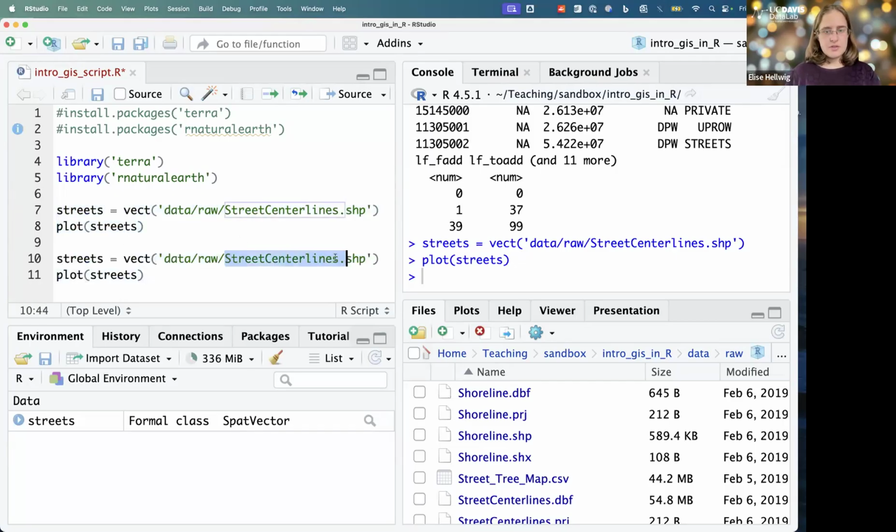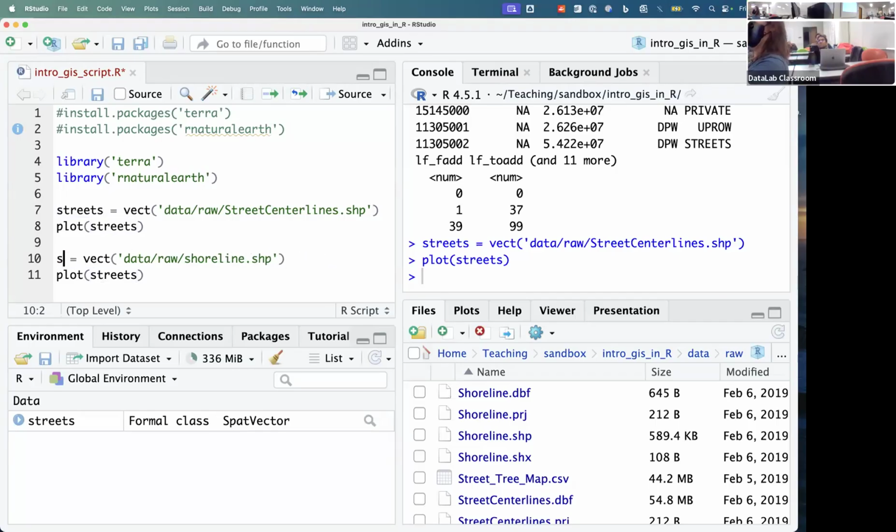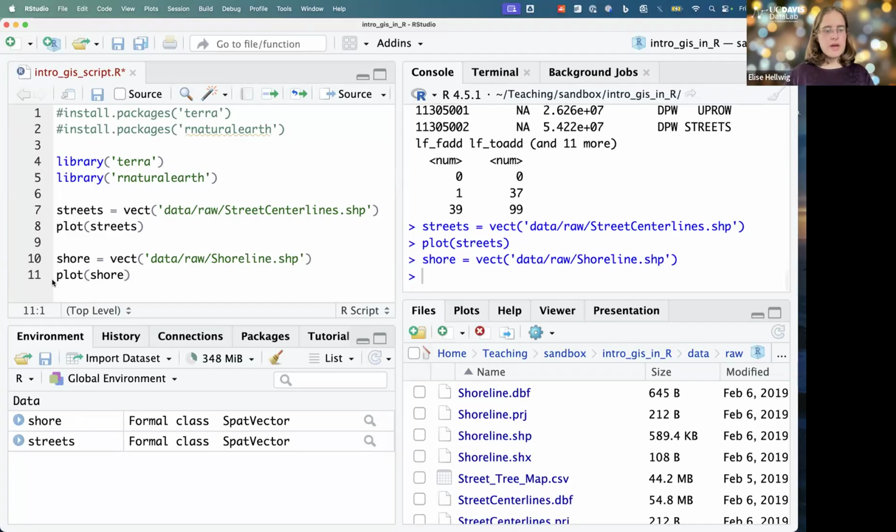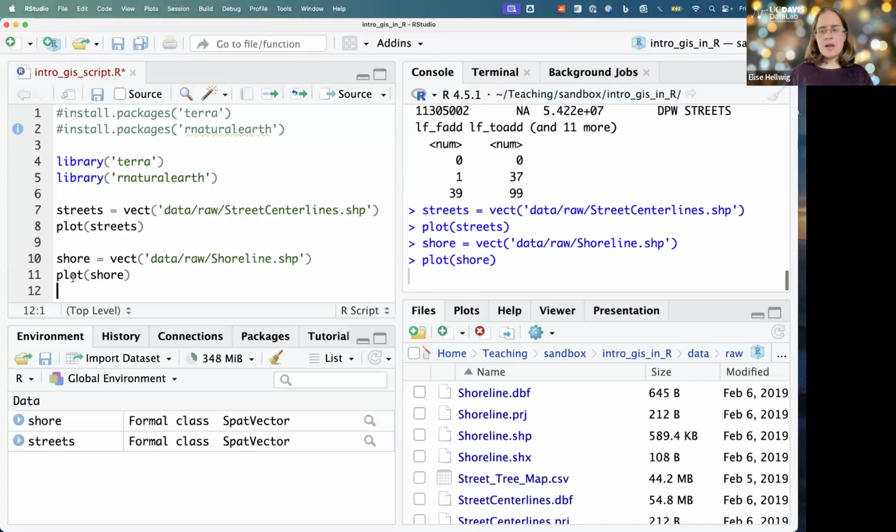And then instead of streets, do shore. Oh, Shoreline, with a capital S. Thank you. Sorry, that's my fault. And if we run this, okay, shore popped up. And if we plot it,